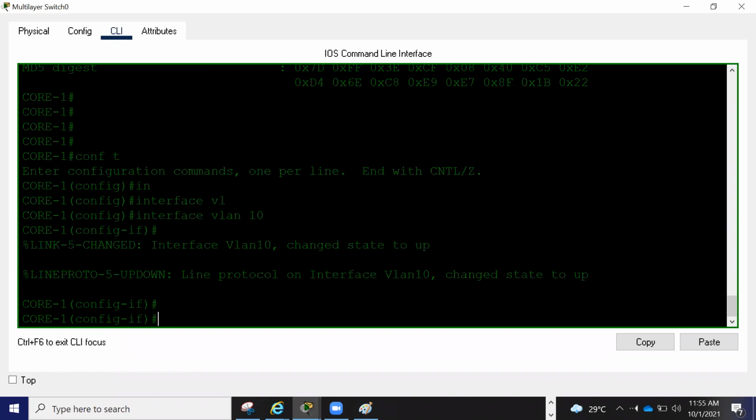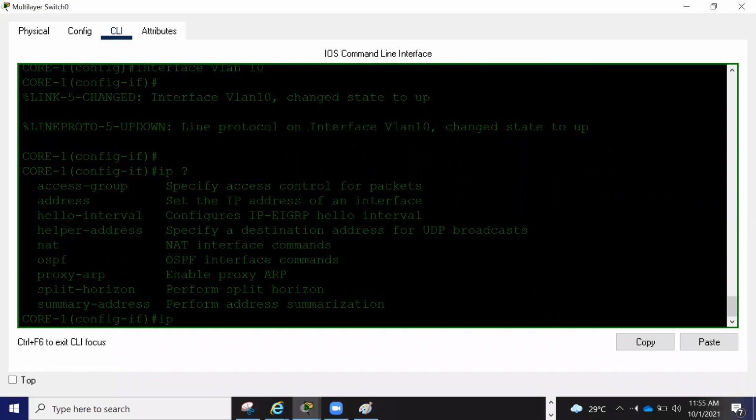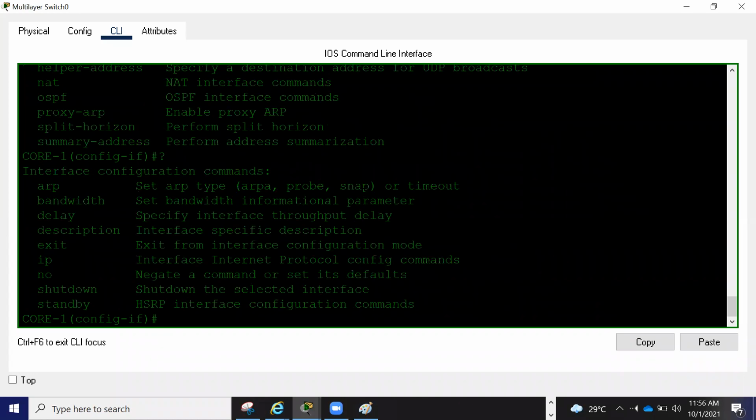The first thing: yesterday we saw we can directly configure the IP address and create the gateway. But here what I'm going to do, I'm going to use HSRP.